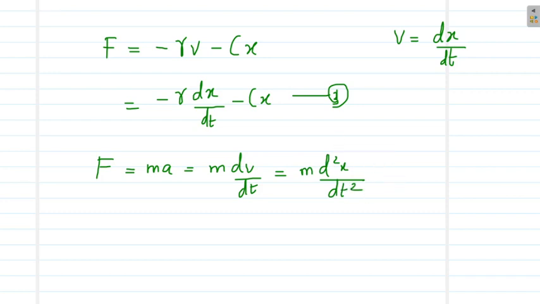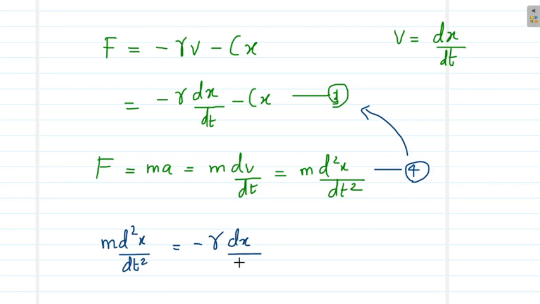So what we are going to do is to equate these two equations, Newton's second law and the current equation of force, in order to get an equation of motion of the system. So we could write m into d square x by dt square is equal to minus gamma into dx by dt minus Cx. So this is the differential equation. This is the normal procedure that we use to write the equation of motion: write Newton's second law, find the force acting on the system, and write that force equal to m into d square x by dt square. So this is a differential equation.